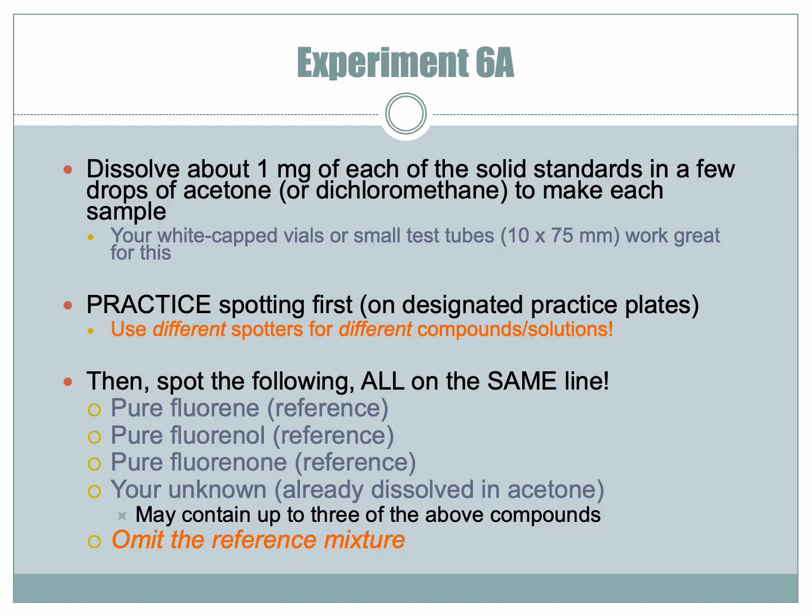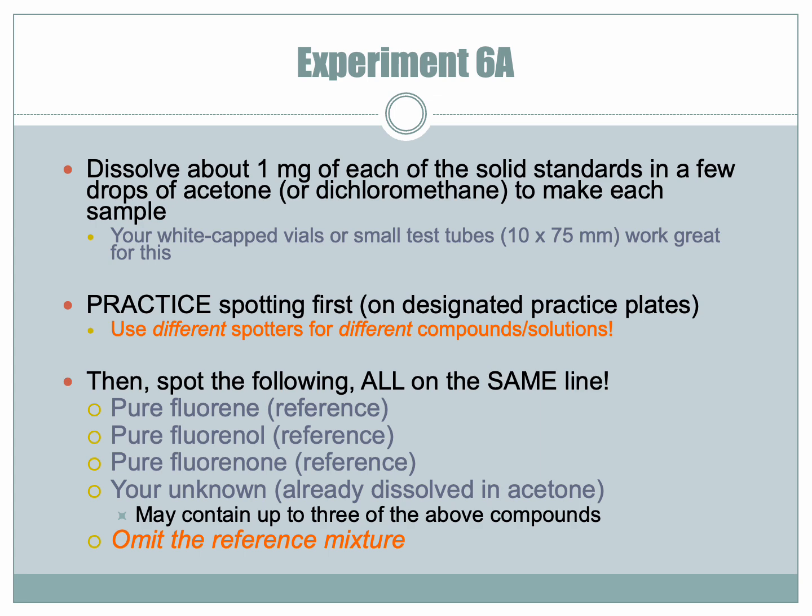So we'll dissolve 1 milligram of each solid in a few drops of acetone or dichloromethane to make each sample. Your white-capped vials or small test tubes work great for this. Practice spotting first on the designated practice plates. Use different spotters for different compounds so you don't contaminate your plate by using an old spotter. Then spot the following, all on the same line: pure fluorine, pure fluorinol, pure fluorinone, and your unknown, which is